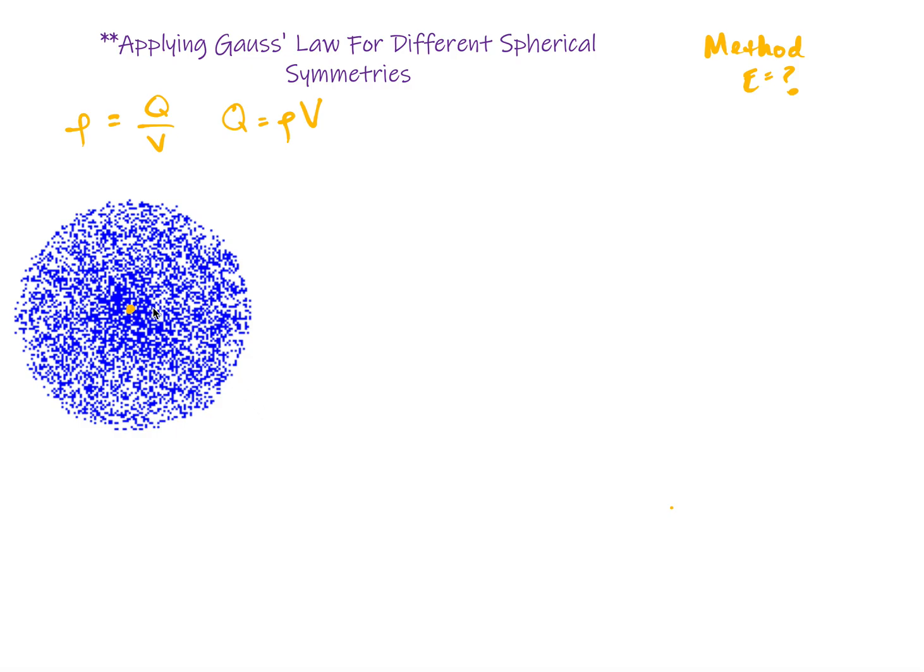I'm going to say here's the center where r equals 0, and out here for the entire radius of the shape we have uppercase R. Now what I want to know is what is the electric field at a point, let's say right here. Okay, well I'm going to draw my Gaussian surface the way that I always would in order to do that. So I want to know the electric field here, and so I'm going to plot points where the electric field